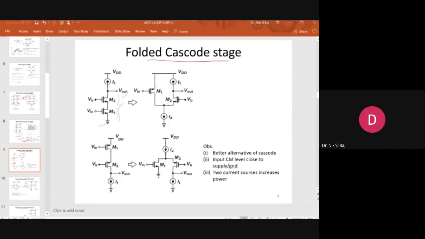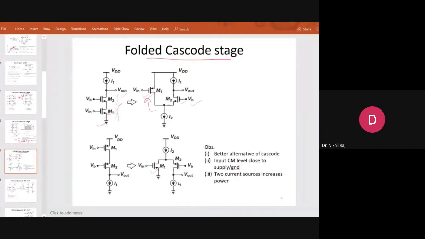So it was overcome by the folded cascode. So what is happening? Input is your NMOS, so the input MOS is changed to the PMOS version, and this M2 is here, and whatever current is flowing here, it is folded up. Okay, so it is a folded cascode. This is a folded cascode version where PMOS is the input, and this is the folded cascode version where NMOS is the input. So based on the processing, if I want to design an op-amp with NMOS as an input differential pair, or with PMOS as an input differential pair, based on this folded cascode topology we choose either this or this. This is a PMOS version and this is an NMOS version.